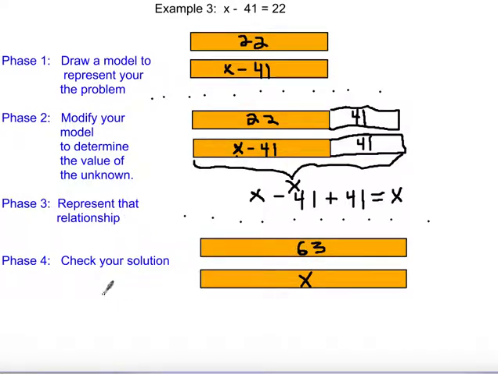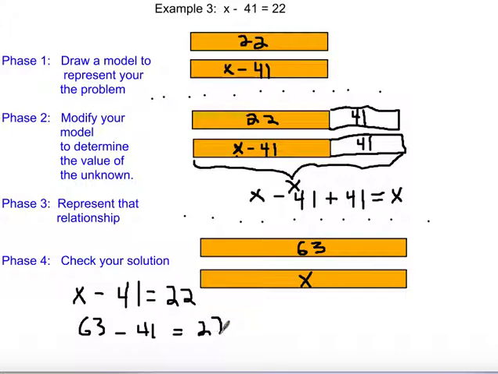We're going to check our solution using variable substitution. So we will take out the x in this equation of x minus 41 equals 22, and we will replace x with a value of 63. And if we do 63 minus 41, you can do it by hand, or you are permitted to use a calculator. 63 minus 41, if you evaluate that, this will have a value of 22. So our solution checks out,